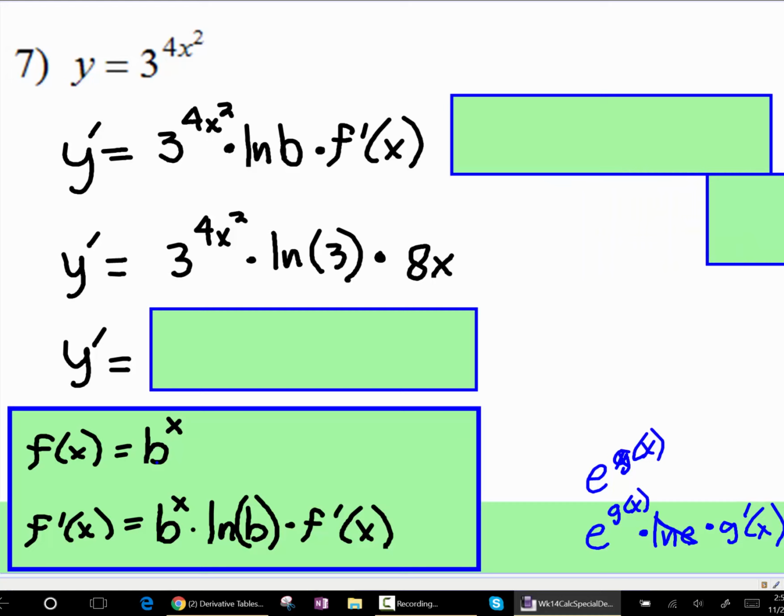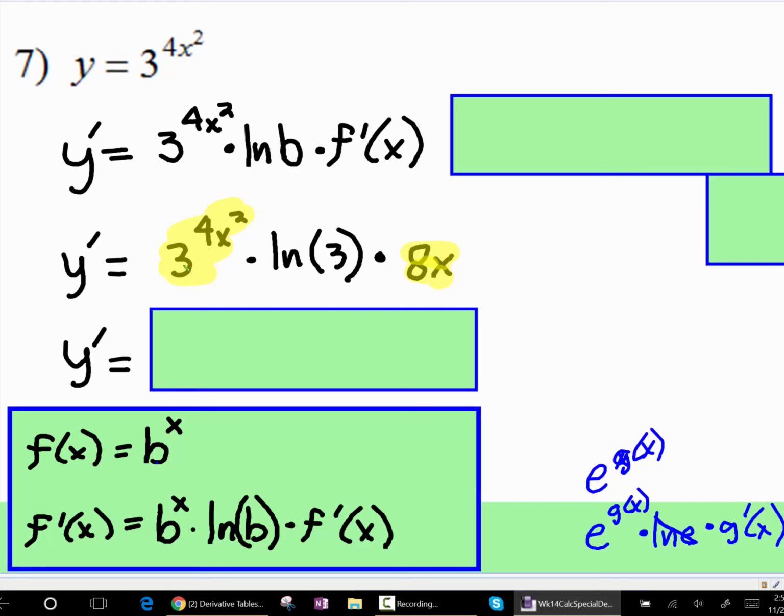Now, some of you might get in a hurry and make a huge mistake. You might want to multiply 8x times 3. You cannot do that because remember, this is a package deal. And because there's an exponent up there,